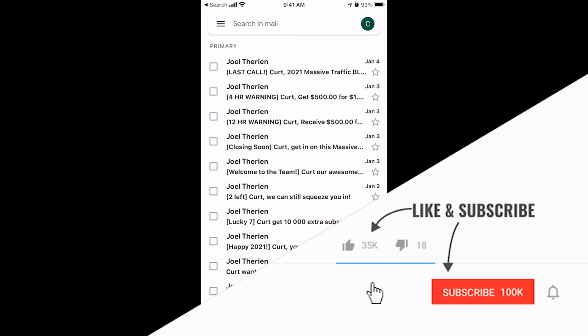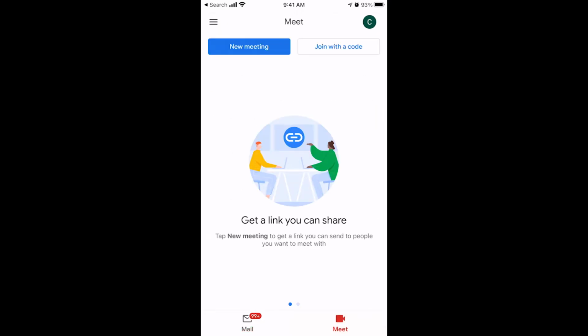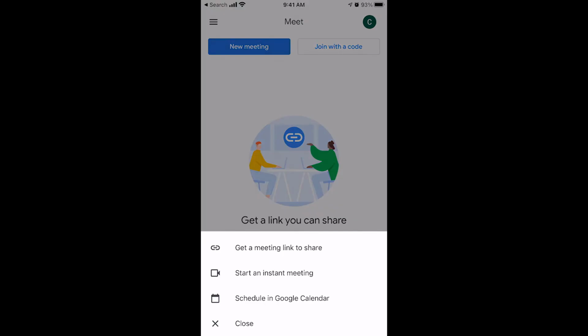Okay, I'm going to show you today how to use Google Meet from within your Gmail on an iPhone. So when you're logged into the Gmail app on your iPhone, bottom right you'll see this Meet button. You click on that and you can right here start a new meeting,